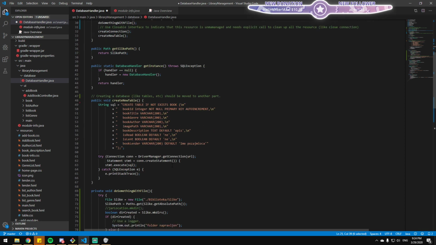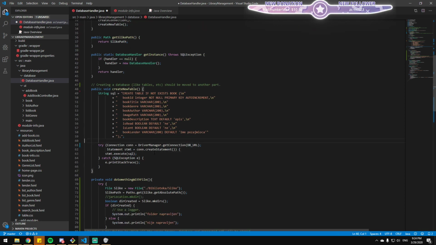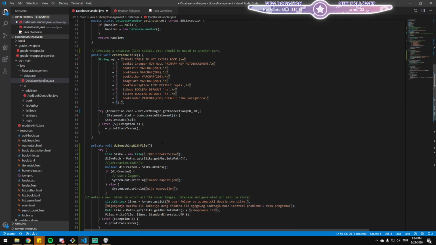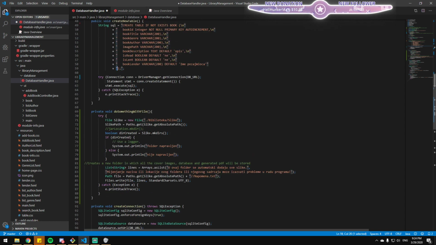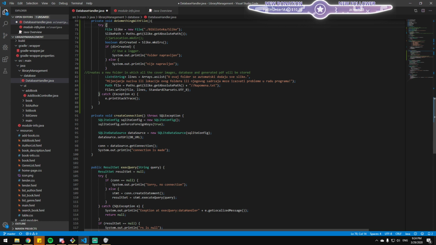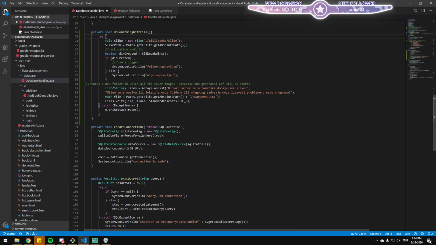Okay, so this one can now be this one. SQL, execute, try catch, makes sense. Okay. Do something with file, we extracted that, so we already had a look at it.